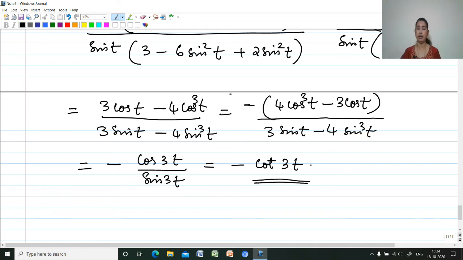So same way, differentiate with respect to t. X is given in parameter t, y is given in parameter t, differentiate it, then find dy by dt, dx by dt, then find dy by dx. dy by dx is dy by dt by dx by dt. So remaining few more questions are there in the exercise that we will discuss in the next video.